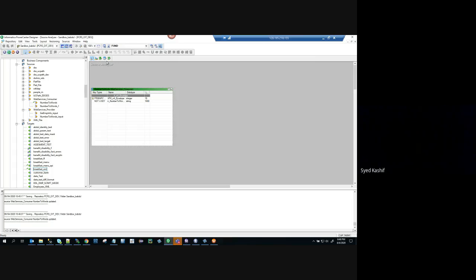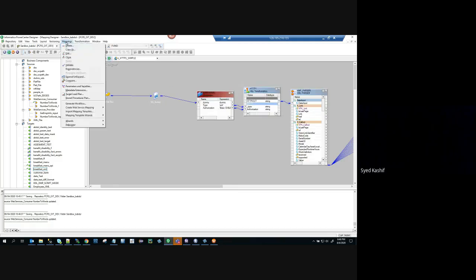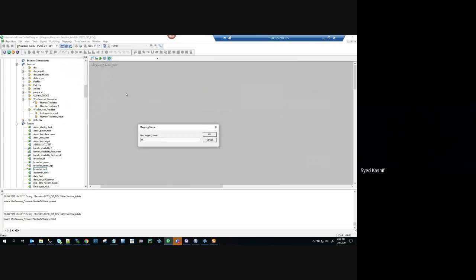Now, how do I create a mapping? Okay, I'm going to create a mapping. M create. So M underscore web service consumer underscore flat file. Okay, click OK. So I'm going to drag and drop this, and my target is, let me use a dummy